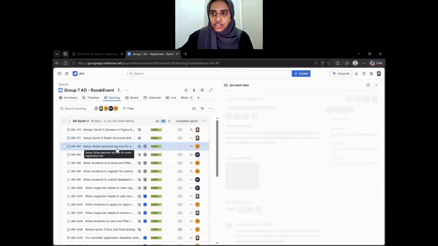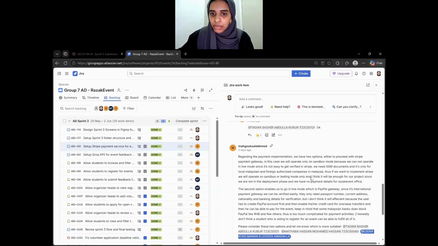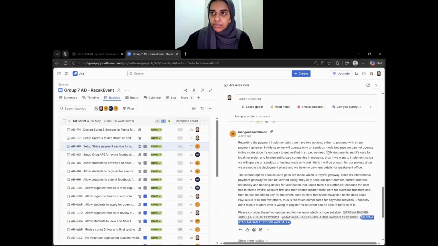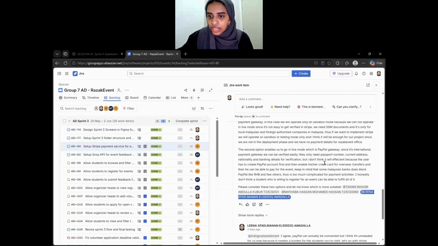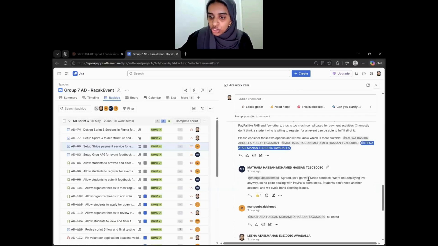We can see for setup Stripe payment service for event registration fee, we had a main discussion because Ahmed Mahdoub discussed with us about the payment implementation. We wanted to implement payment for the registration fee that students need to pay. He said we had 2 options: either go with the Stripe Sandbox model, which needs SSM documents, and we are foreigners, not locals. The other one was the PayPal gateway, but it needed extra steps and was complicated for payment activities for the students. So after we thought about it,